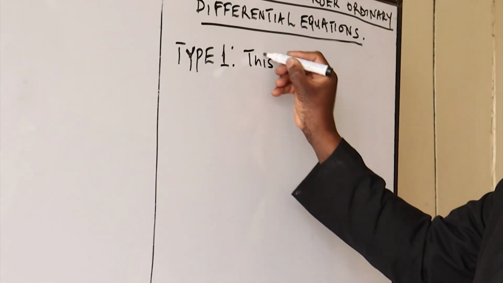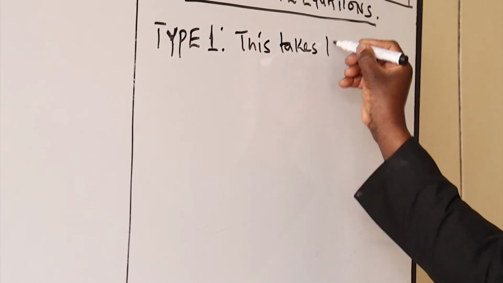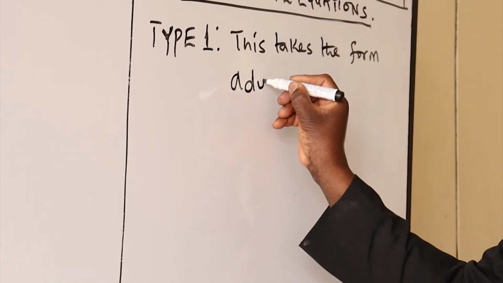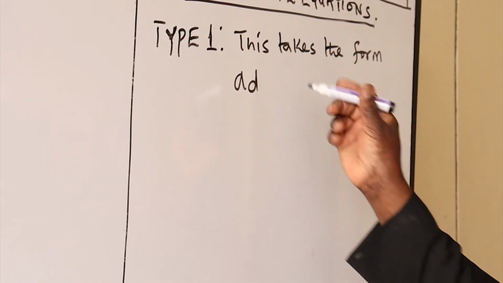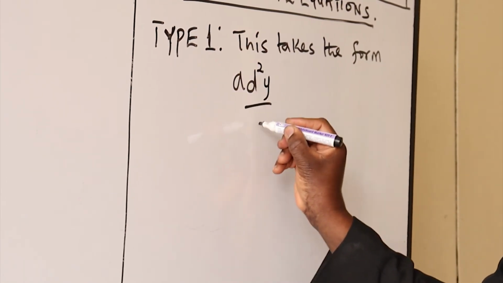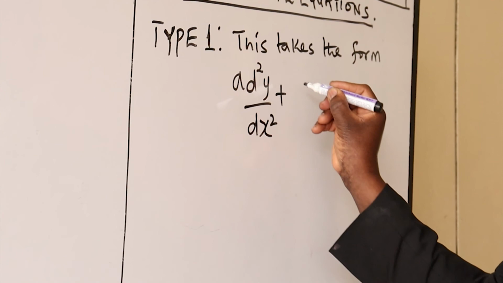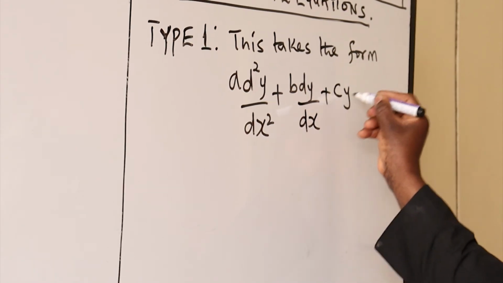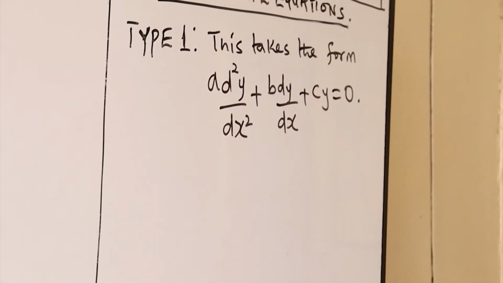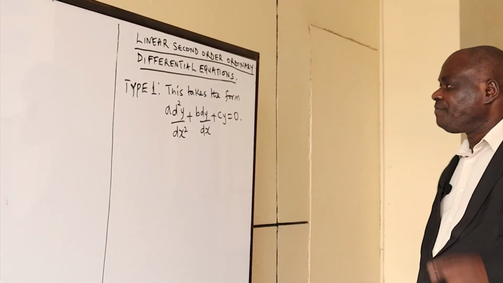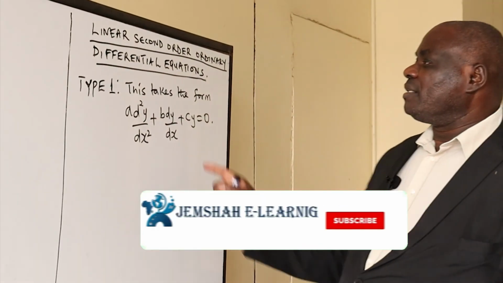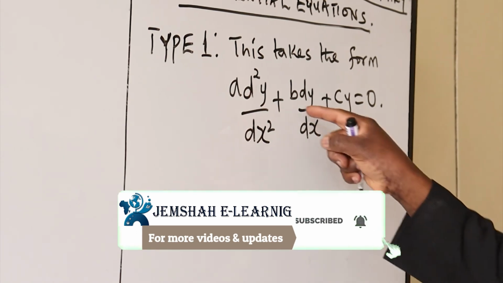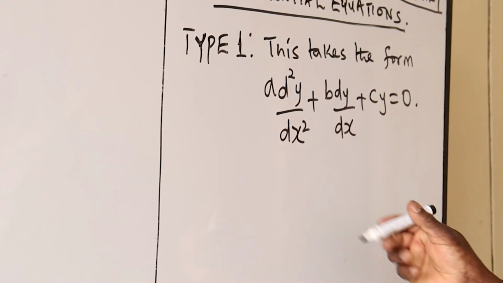This takes the form, in our type 1, this particular format: A d squared y dx squared plus B dy dx plus Cy is equal to 0, where